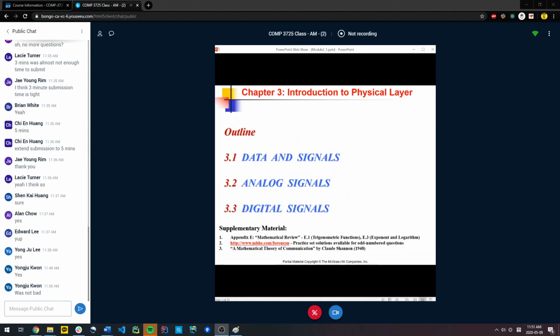Is there anybody that feels that the process can be enhanced by slight tweaks to it, like for next week? As I said, I'll extend the submission time to 5 minutes. But are there any other requests based on the experience we had? Will we get the solution to the quiz? Oh no, I'll go through them with you next week.